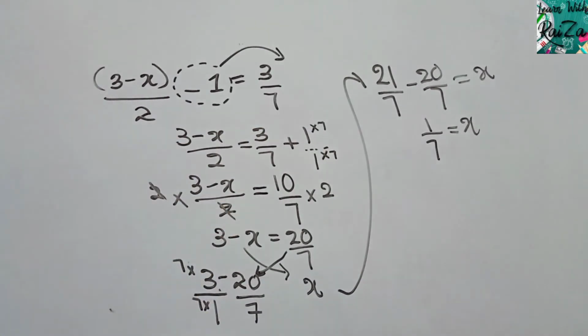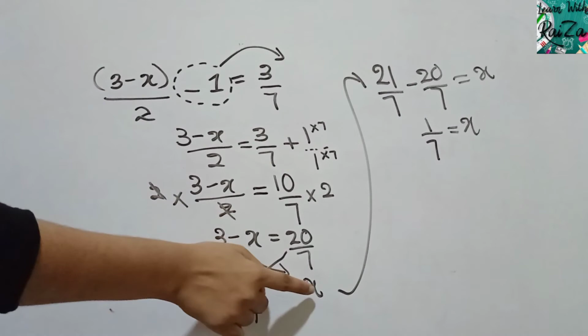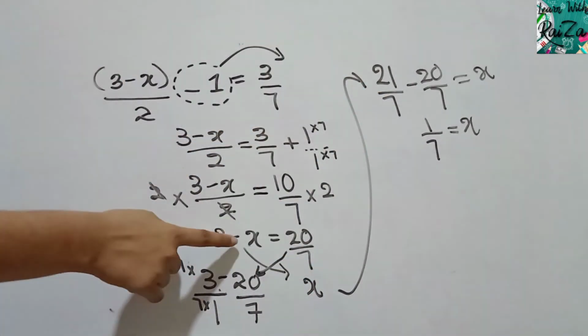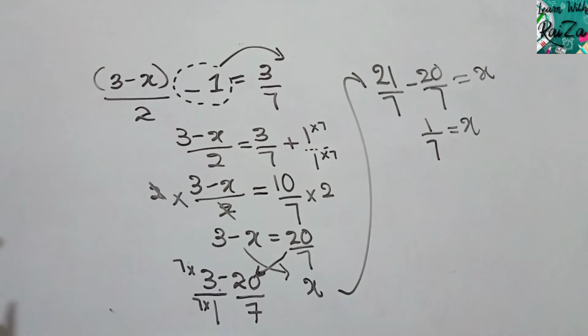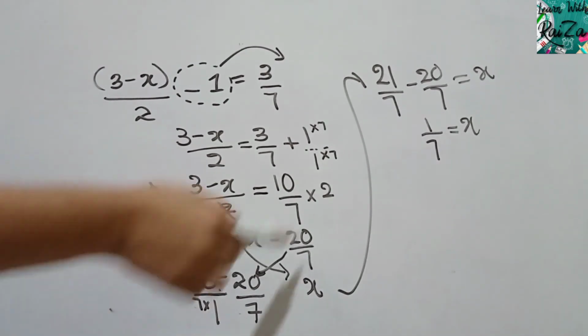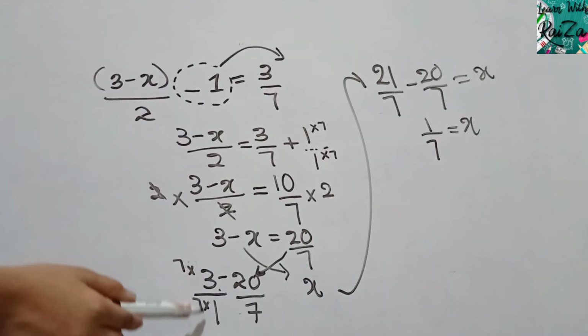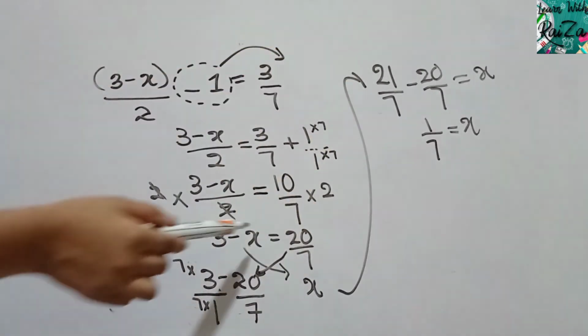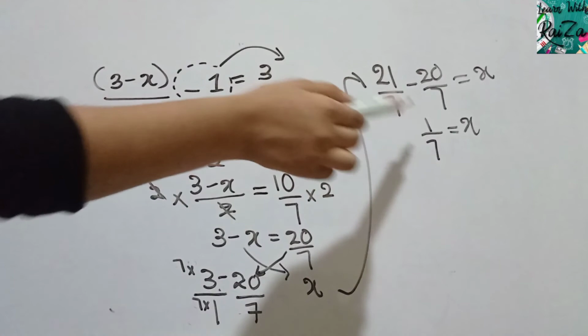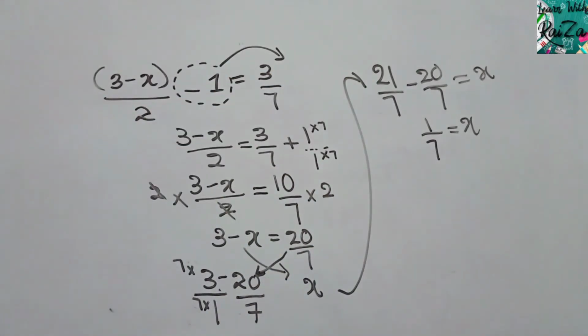This 3 minus x came. So we know that this is negative. It is easy if we make it positive directly, we get the answer. So I made it positive by taking it there, and this positive fraction I took it here and made it a negative fraction, minus 20 by 7. And then if we make the common denominator, we can solve this. So I took common denominator by multiplying both numerator and denominator by 7. So 7 times 3, 21, and 21 minus 20 is 1 over 7. So x is equal to 1 over 7. You can leave your answer as a fraction or as a decimal, but the better way I suggest is you can keep your answer as a fraction. So hope you have understood this question.